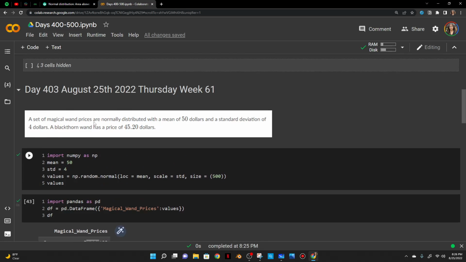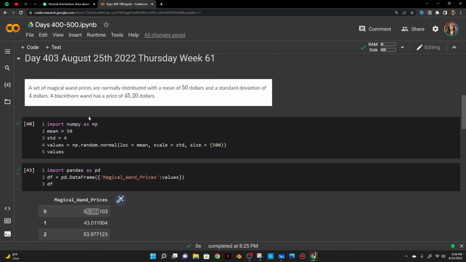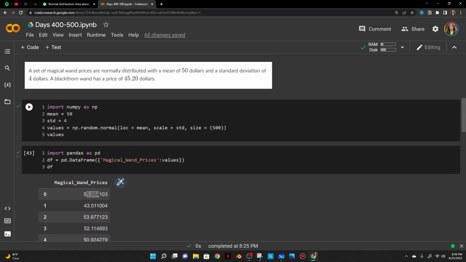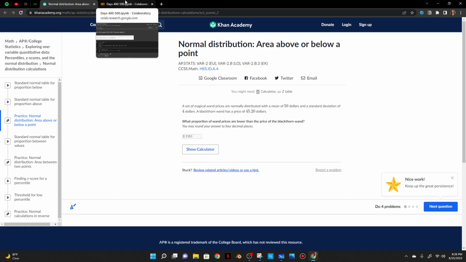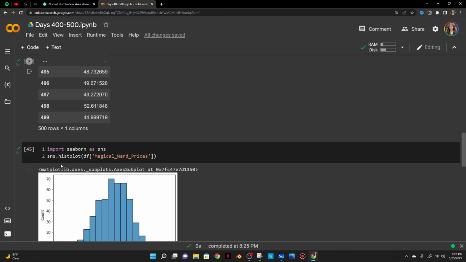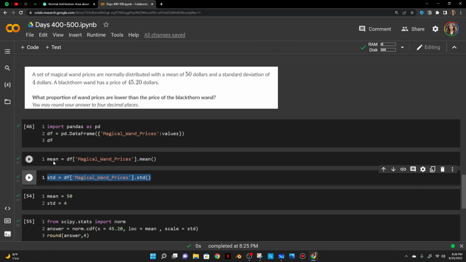whole number. So I guess my big takeaway from this is that when I'm sampling, like let's say I have this Khan Academy problem and I'm a teacher and I want to create the data set, in order for your students to actually get the correct mean and standard deviation, exactly right, just tell them to round to the nearest whole number. And so I'll actually do that here. So I can just take